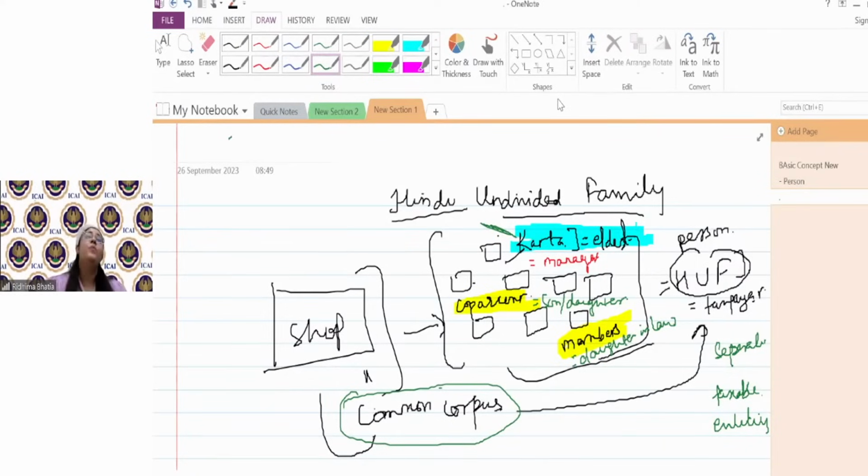A member, a co-partner only will become karta, a member will not become a karta. Adopted son के लिए अलग अलग case laws हैं. कुछ कहते हैं कि yes, he's a co-partner, otherwise some say they are not. Daughter, अब daughter कर्ता बन सकती है. You can say.